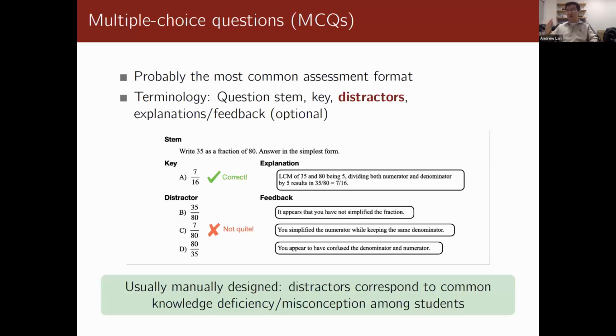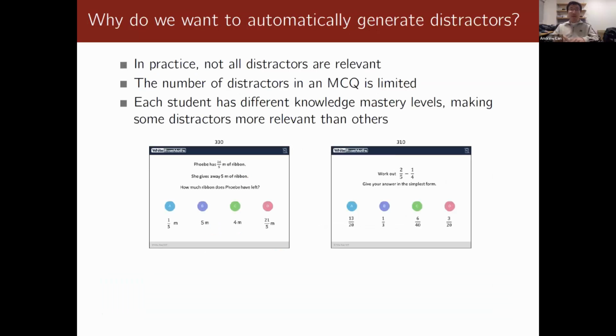At least with this company that we work with, they have a bunch of content creators and teachers. They use their years of experience in teaching, go into a question and anticipate what kind of common errors or specific misconceptions there would be among students, and then try to design distractors that correspond to them.